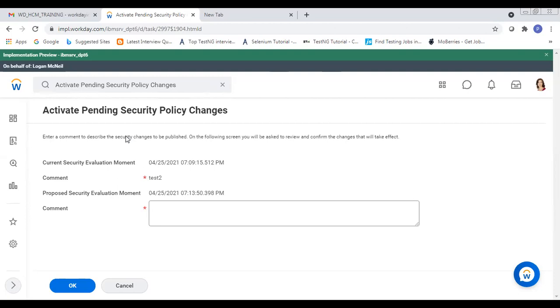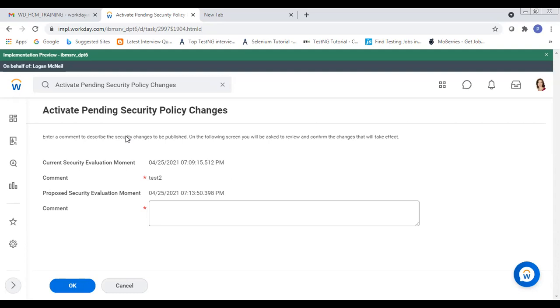Activate Pending Security Policy Changes. What is the task name? Activate Pending Security Policy Changes. Can you repeat one more time? Activate Pending Security Policy Changes. Yes, by using the task, we need to activate the changes that are made to the security groups.